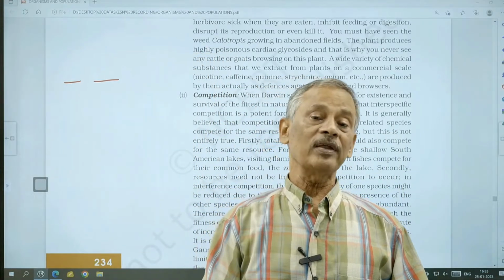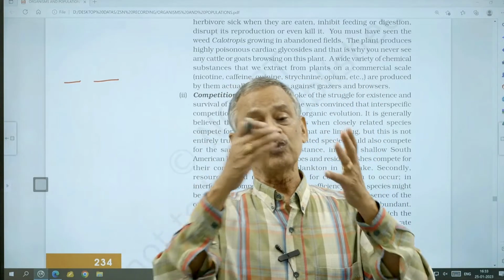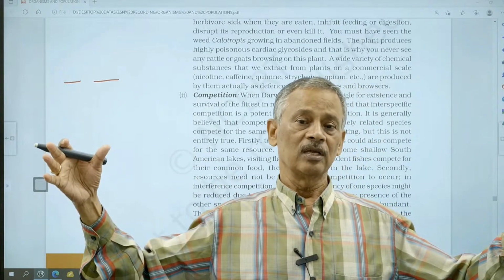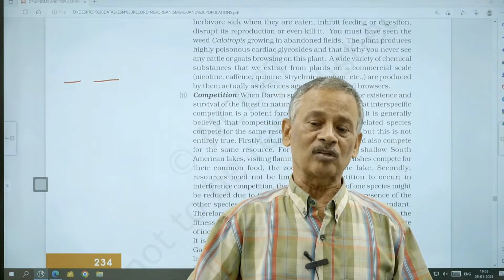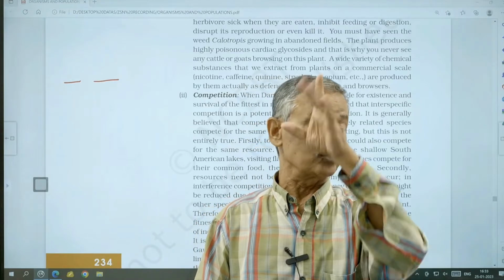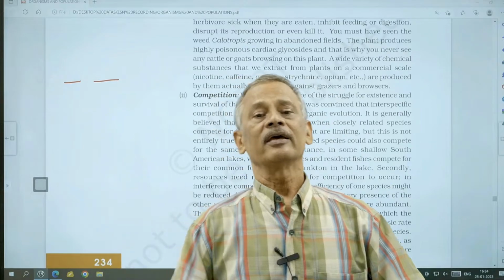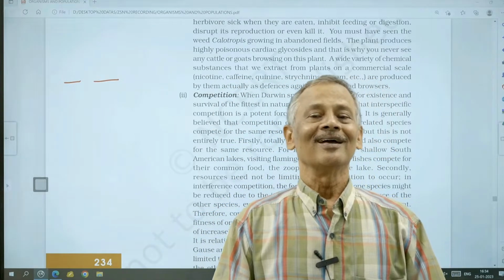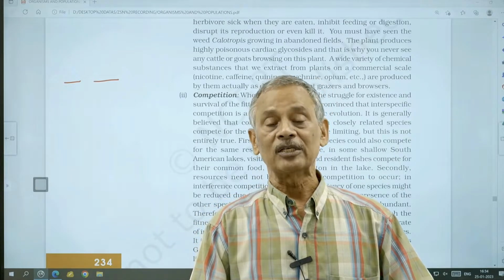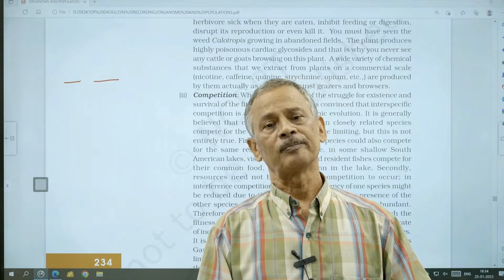We also have a classical example for this. When goats were introduced in Galapagos Island, the native, large-size Abingdon tortoise were completely eliminated because goats had better browsing ability. They are superior, more adapted than a reptile. That is the Galapagos tortoise, the Abingdon tortoise. They were completely eliminated within a short time.